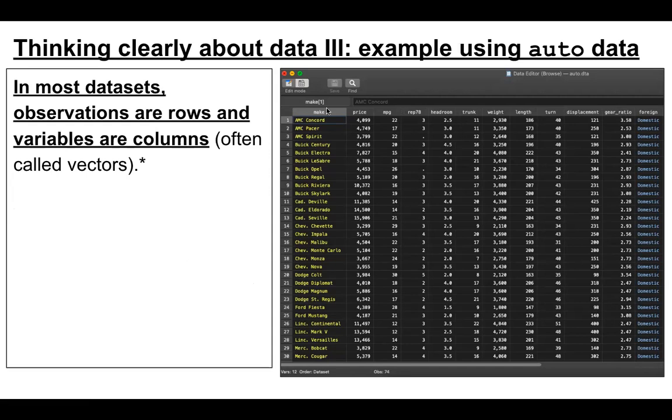And so we can see here we've got make, which is the type of car in this data set. It's called the auto data set that ships automatically with Stata. And we've got the price and the miles per gallon and so on. We also have this list here that indexes all the observations. In some data sets, the data itself will have a unique identifier. So like a person's ID number in a study, or in some cases, if it's like a data set of,